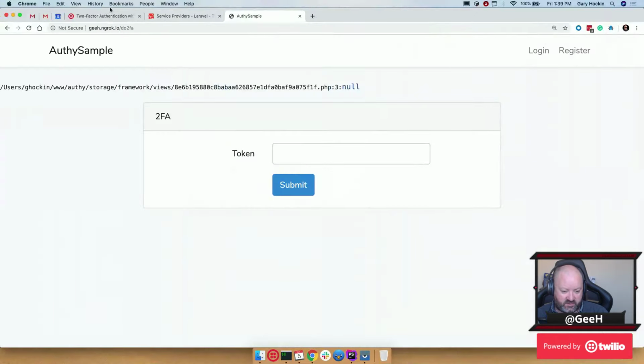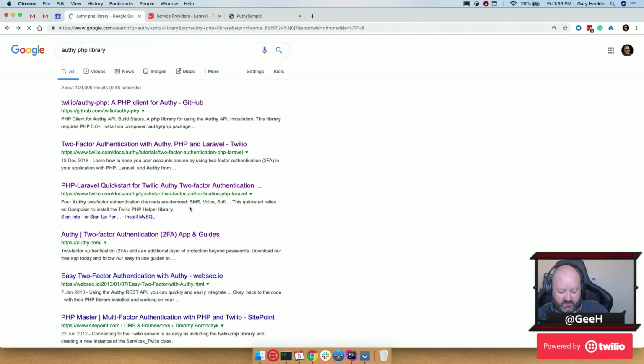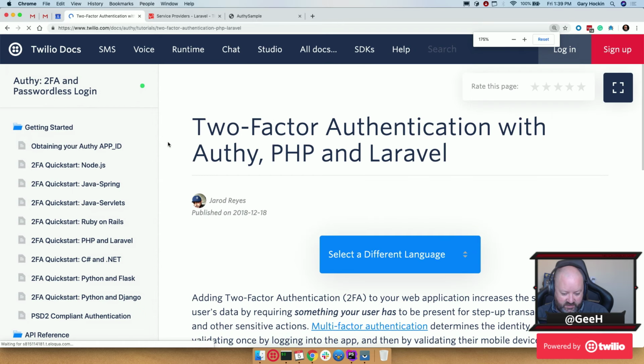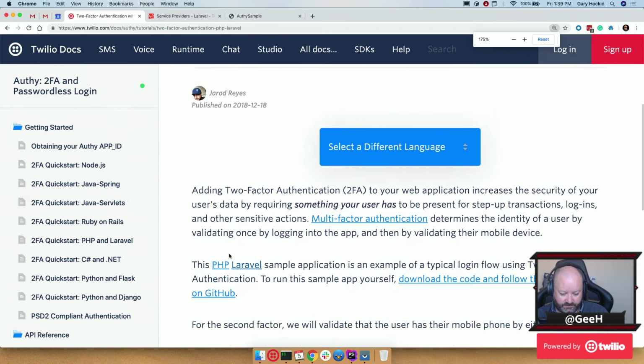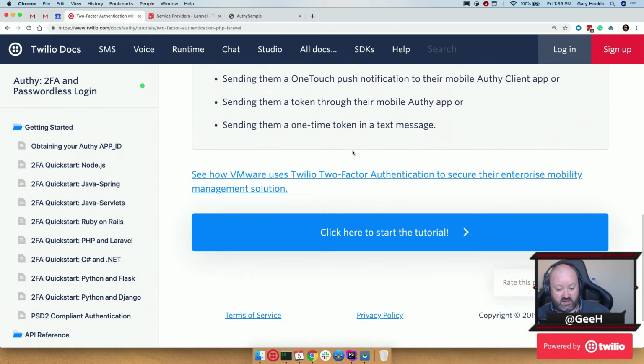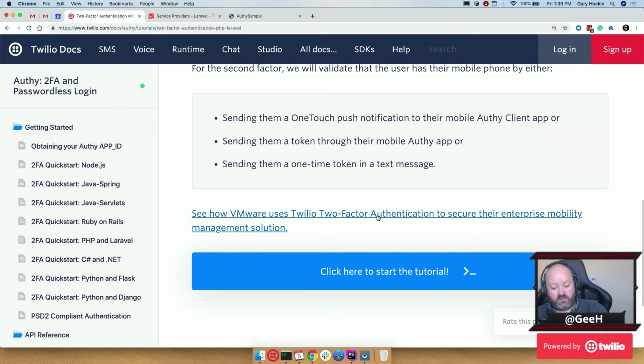Let's take a look at the docs, because we do have this two-factor authentication with Authy, PHP, and Laravel docs. So let's, come on, bigger, bigger, bigger, please. There you go. Sender number one touch. So this is the push notification I was on about. That's exactly what I wanted, where I want to go next. Sender number token through their mobile Authy app. That automatically happens if we have the Authy app installed. So that means we wouldn't have to pay for SMS delivery. And then it'll fall back to a one-time token in a text message. But we've just started from the bottom and we're going to work our way up. But I definitely need to get this